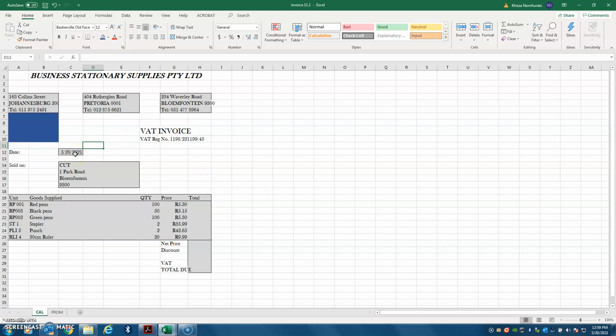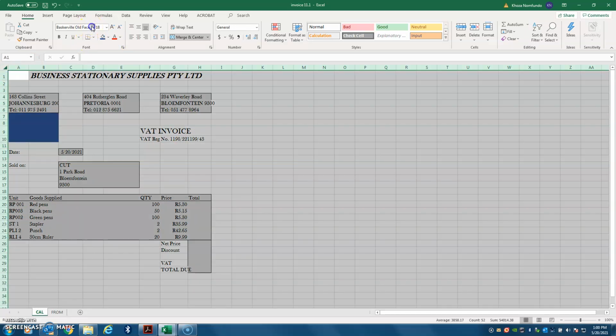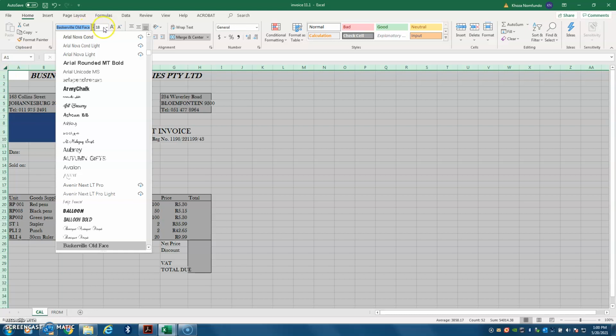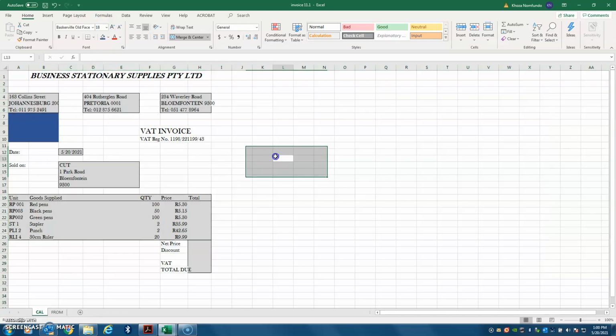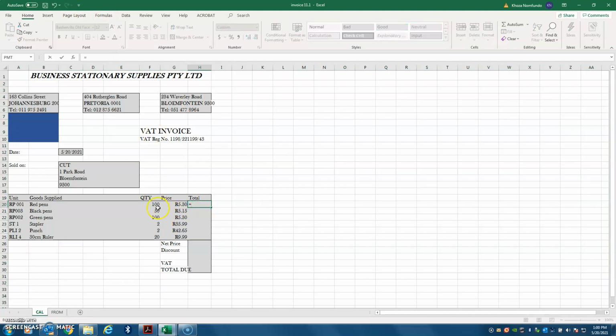You key in whatever that you need to key in. You can use the font size, the font type, and the font size. So you insert your header and footer from page layout, and then you do the calculations. The calculations, you can do it from the first item, quantity times the unit price. Enter, and then you drag it